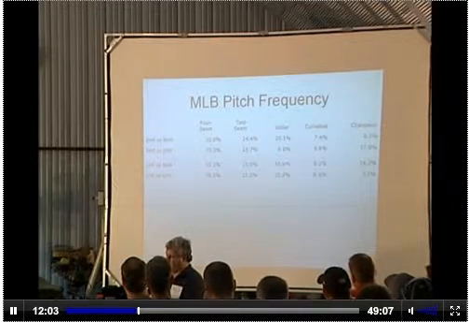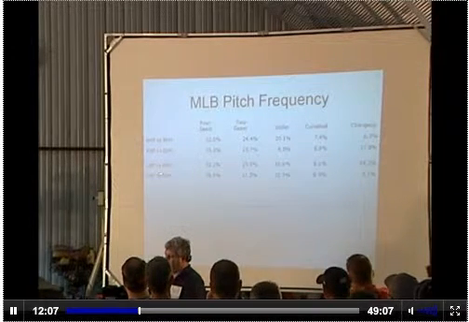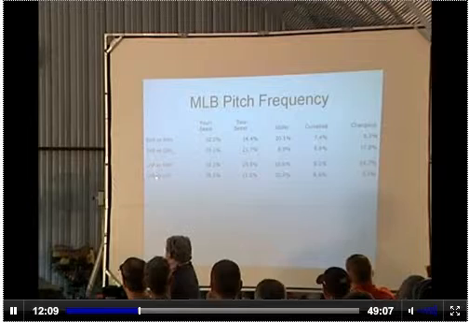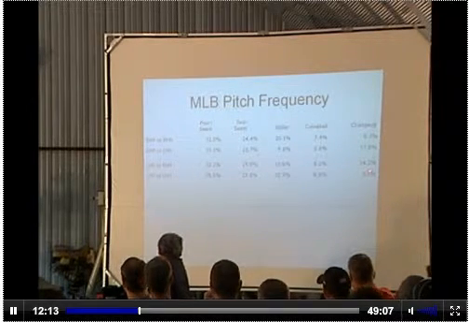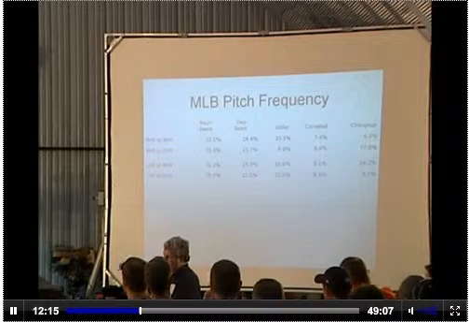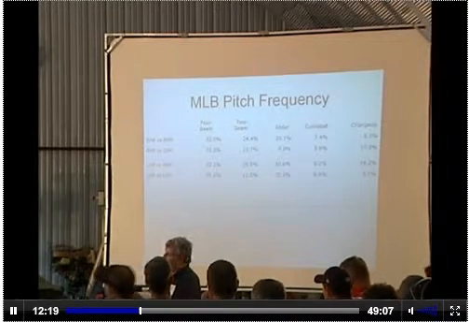So if you look at the lefty on lefty, I think this is a pitch that most people vastly underrate. I did this a little bit late in my career because I didn't have much to go with anyway. Left-handed pitcher on a left-handed hitter, they only throw 5.1% of them. That's a hell of a pitch. Throw an inside changeup to a left-handed hitter, what's he think the pitch is going to